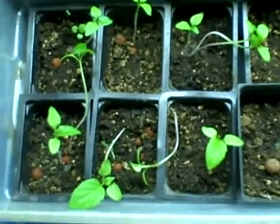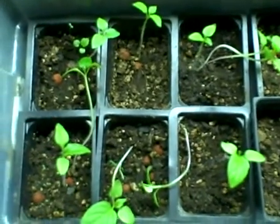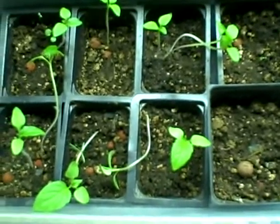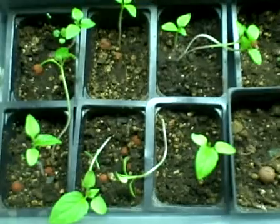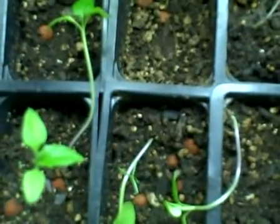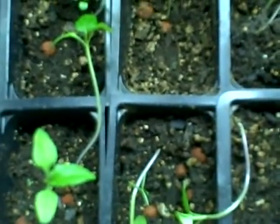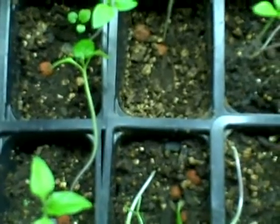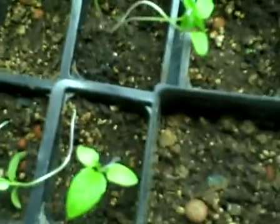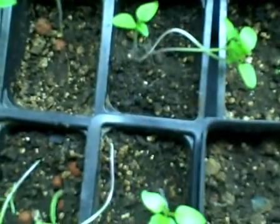Got my tomatillo sprouts coming up. They're about 3-4 inches, and I've been growing them indoors under a Tech 5 fluorescent light, which, here, take a look, is not recommended to do with your actual eyeballs. And taking a look, that is. Nevertheless, here you go. And I'm gonna take these out into the greenhouse, and in a couple months or so